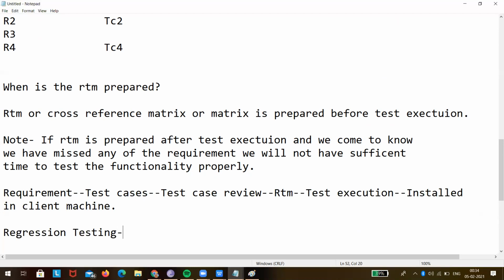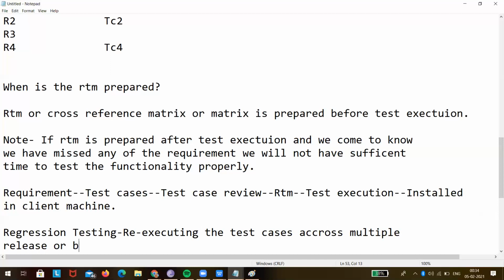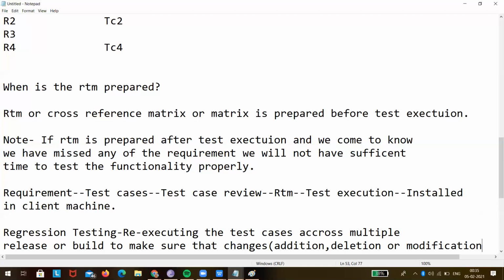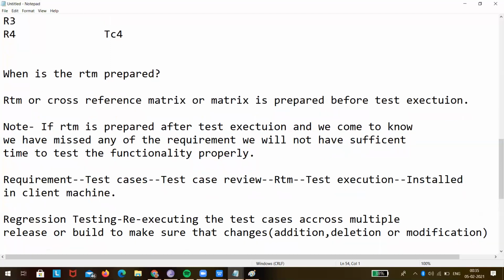Now, regression testing is re-executing the test cases across multiple releases or builds to make sure that changes, addition, deletion, or modification of code,